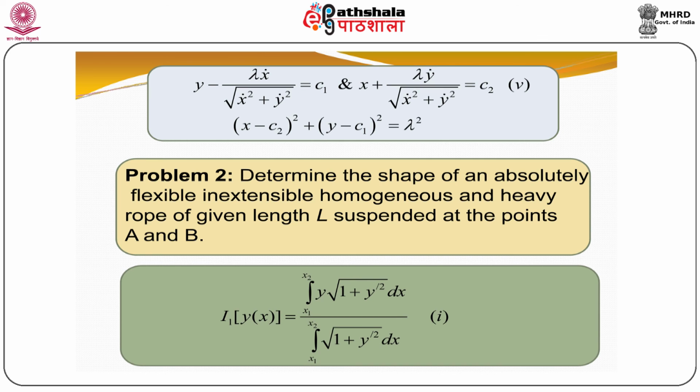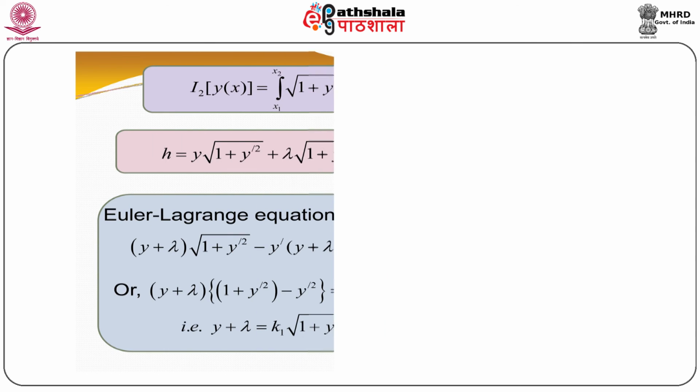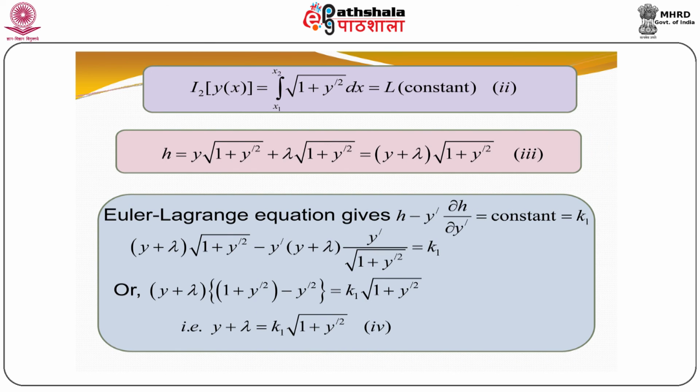Next problem: determine the shape of an absolutely flexible, inextensible, homogeneous and heavy rope of given length capital L suspended at the points capital A and capital B. The rope in equilibrium takes such a shape that its center of gravity occupies the lowest position. Thus, to find the minimum of the y coordinate